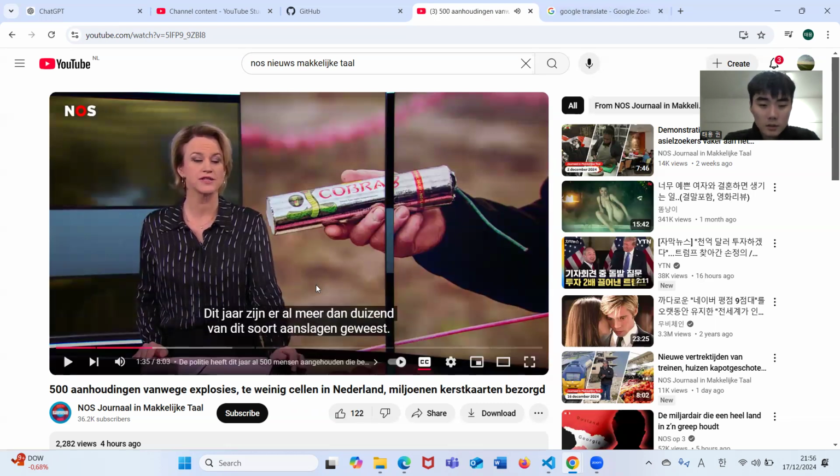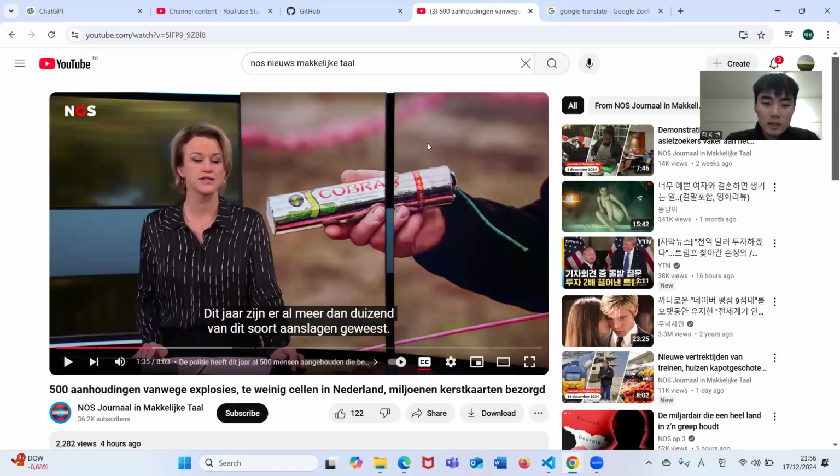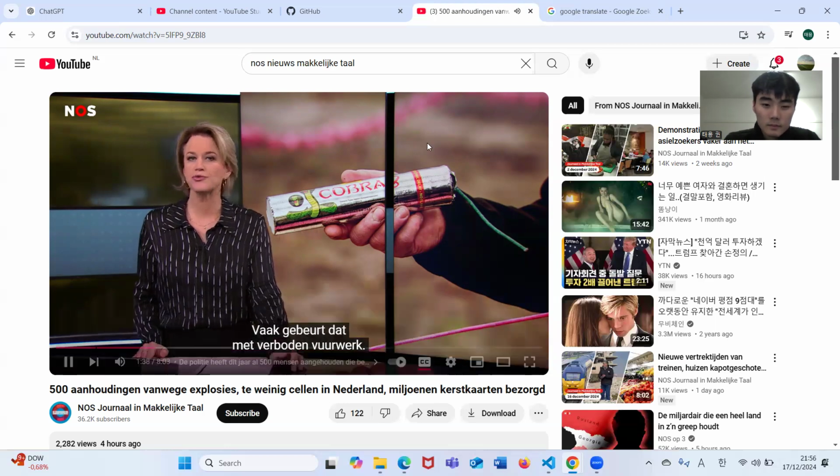This year there is already more than 1,000 of this sort of attack happened. Aanslagen is attack, no? Attacks, ja. Dit jaar zijn er al meer dan 1.000 van dit soort aanslagen geweest. Gebeurt dat met verboden vuurwerk?